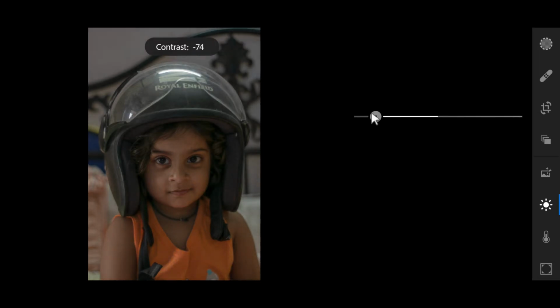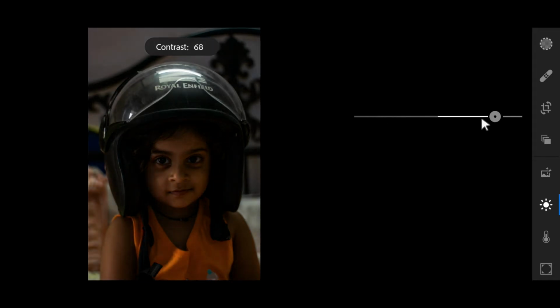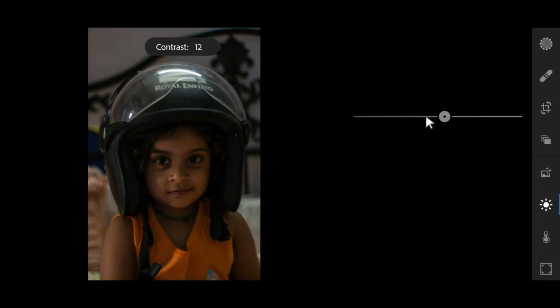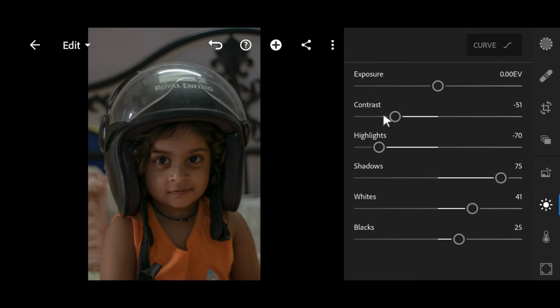Look how things change in this photo. When the contrast is high, it just darkens the image, and when we take it to the left, it just lightens up the image. I'll be keeping it at some 50. That's great.